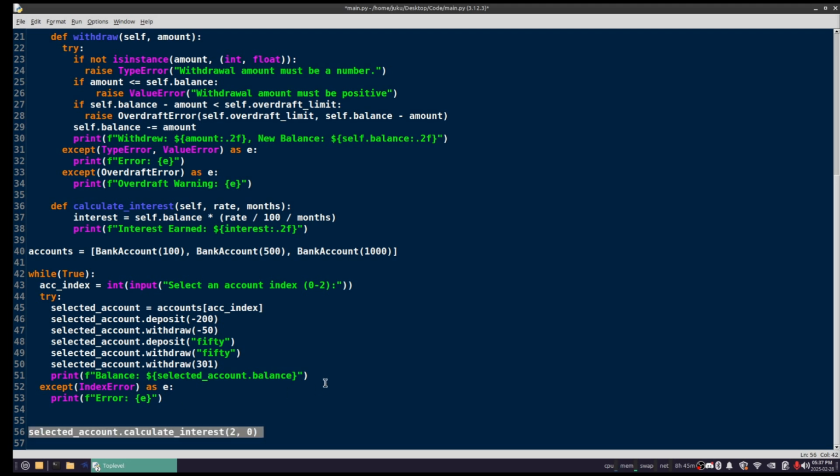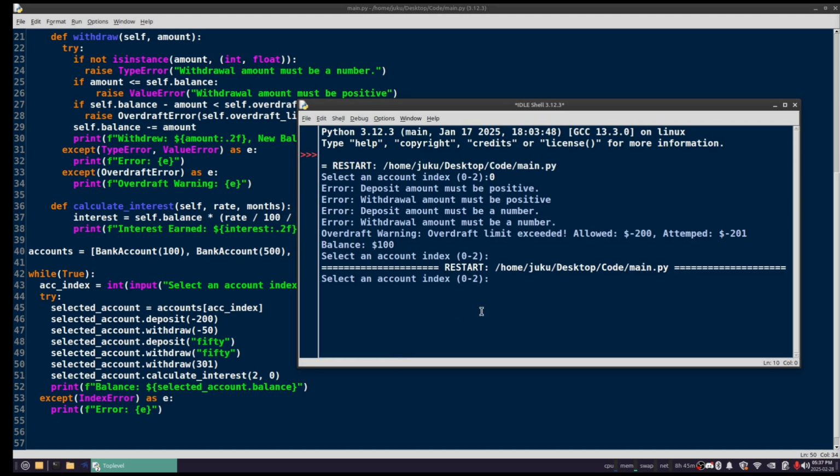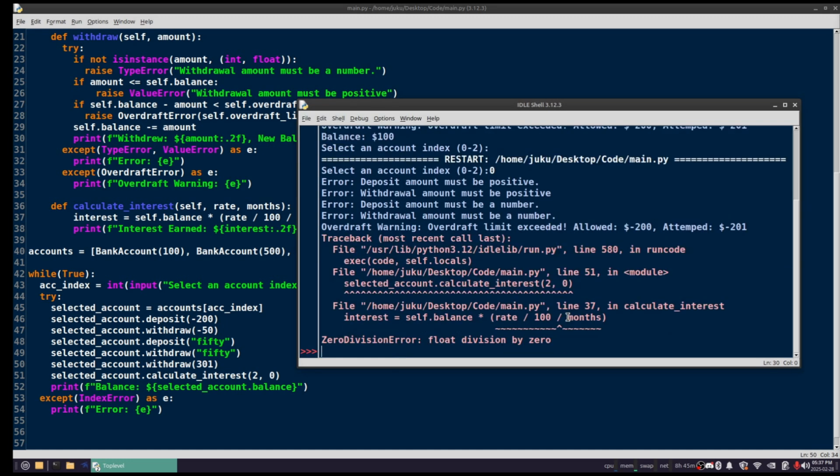So we'll go ahead and do this. Let's see what we get when we do this. It crashes because you cannot divide by 0. It's called the zero division error. And then for this, what we can do is,